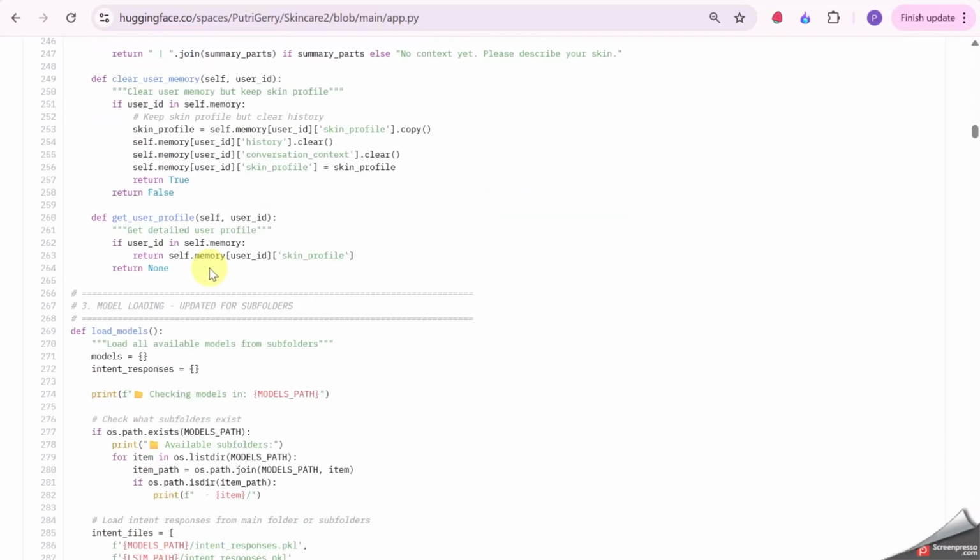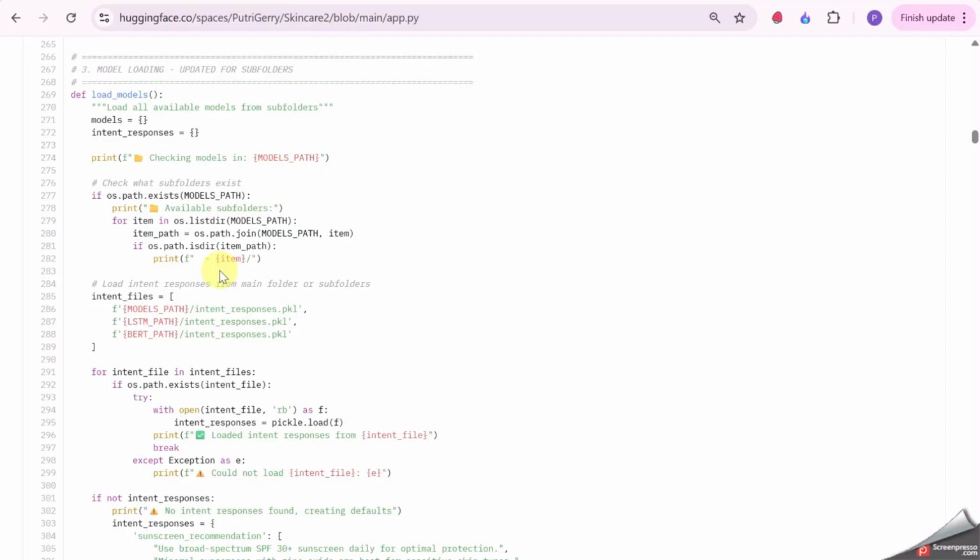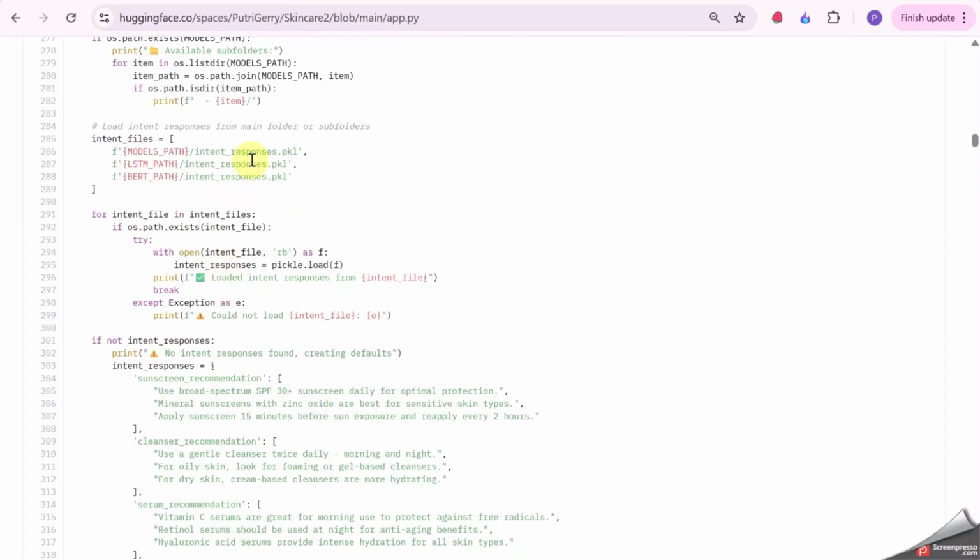Next, we have the code for model loading. On the model loading, we load the files that we have already created from training the data of the models.